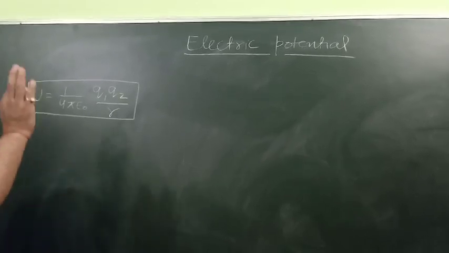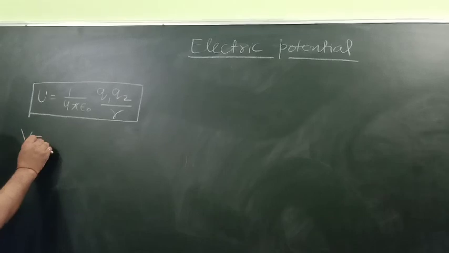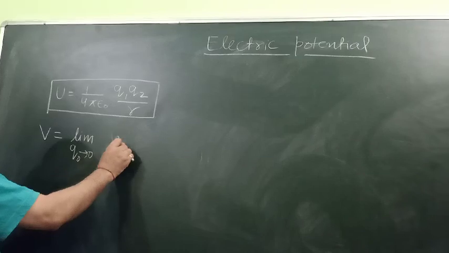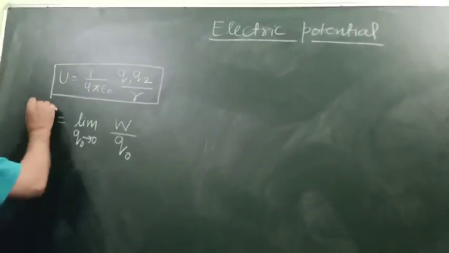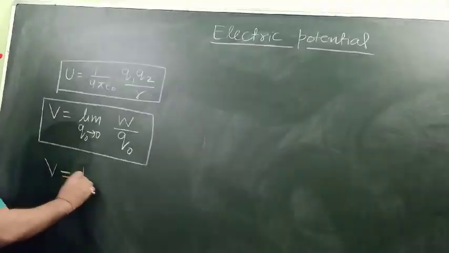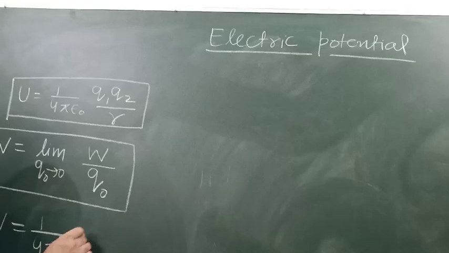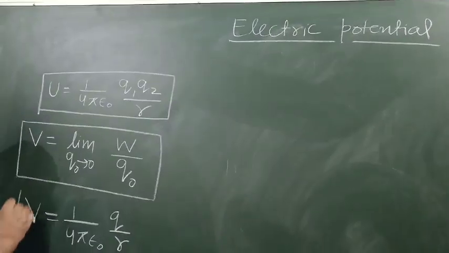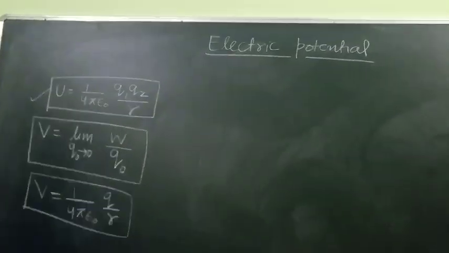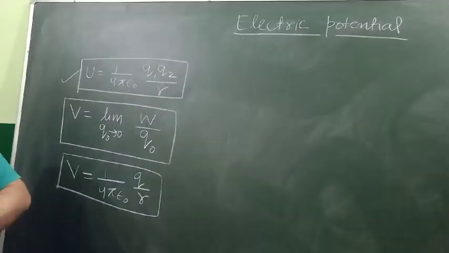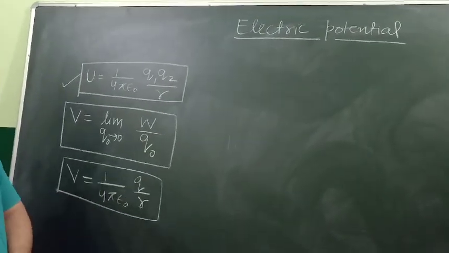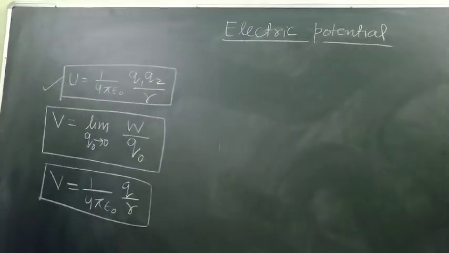And if we wish to define electric potential, then electric potential is defined as the amount of work needed per unit charge to move it from infinity to a point in the electric field without any acceleration, and this leads to V equals 1 upon 4 pi epsilon naught q upon r, as discussed already. So this is the potential energy for a pair of charges. This is the definition of electric potential, and this is the formula for electric potential due to a point charge. All has been included and derived in my further videos.